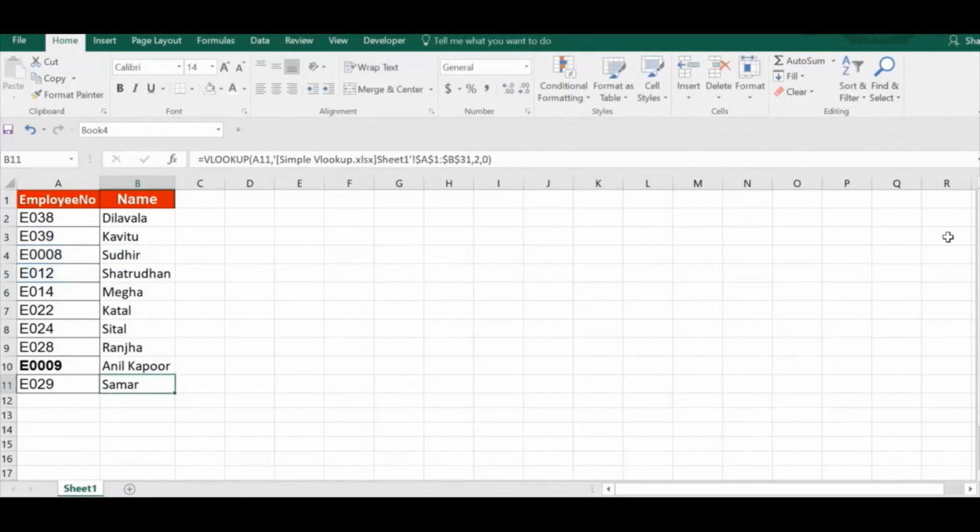So the conclusion is that the main difference between using VLOOKUP in the same workbook and in two different workbooks is that we don't require the dollar sign to fix the table array range. So this is the main difference.